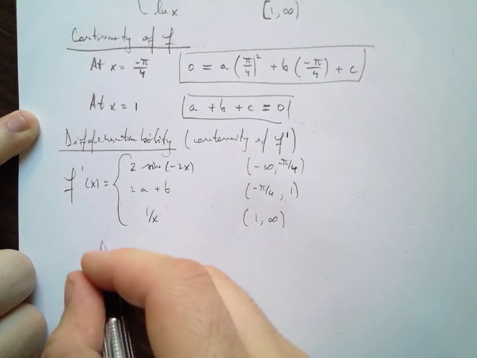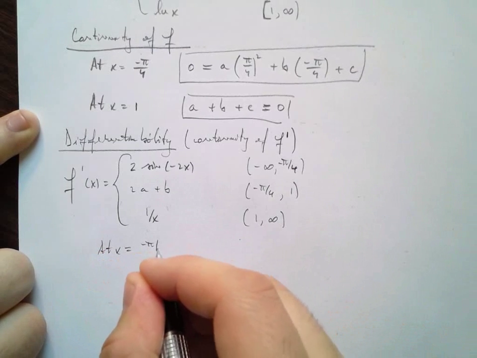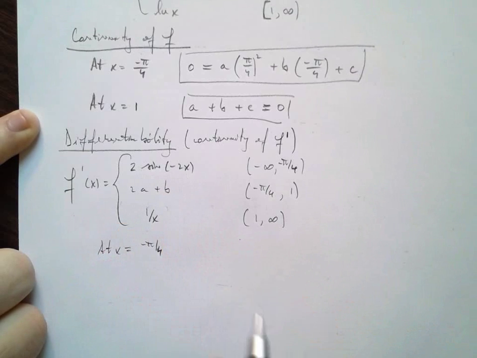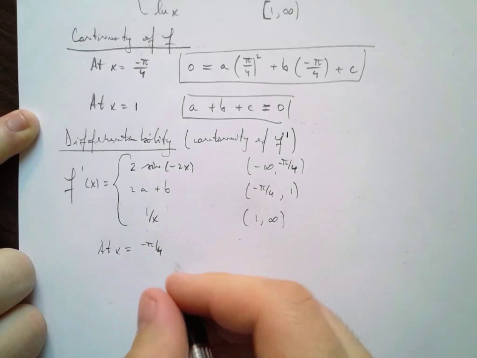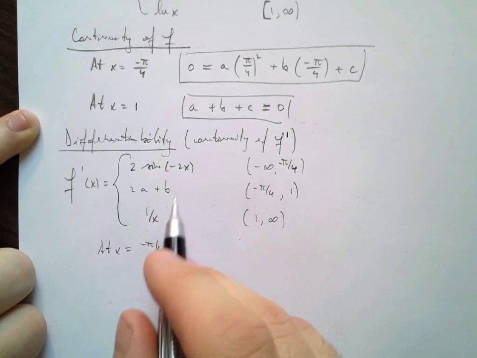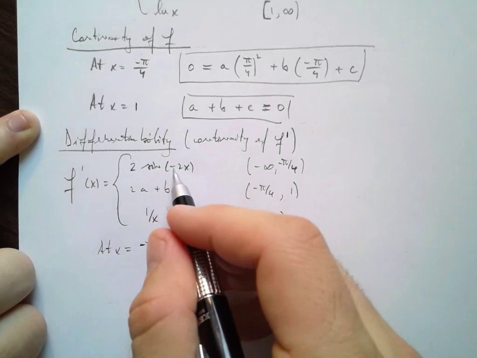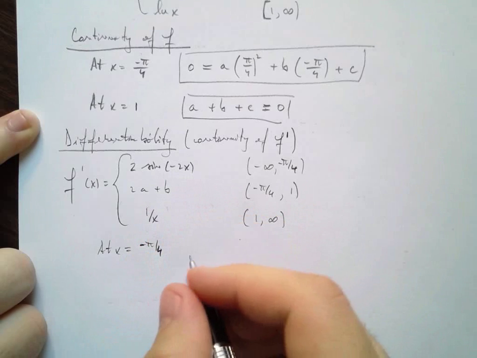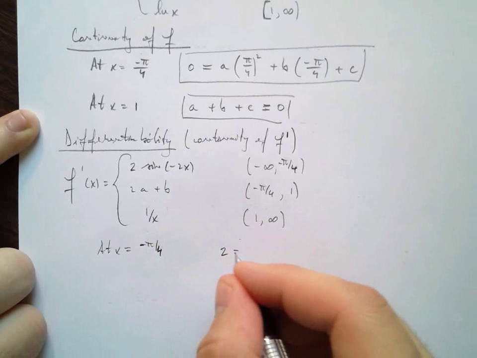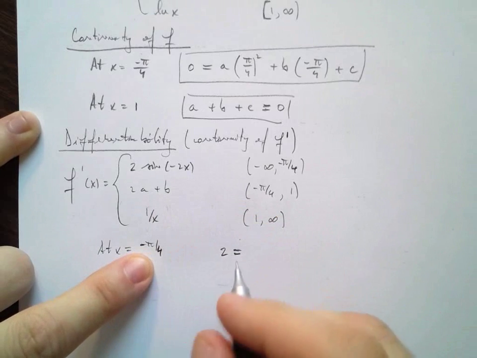So I look at x equals minus pi over 4. I plug into here. Cosine of negative pi over 2 is, let me see. Oh, I see what's going on. Okay, so minus pi over 4, this becomes sine of pi over 2, right, which is 1. So on one hand, I have 2 equals, and I just plug in,